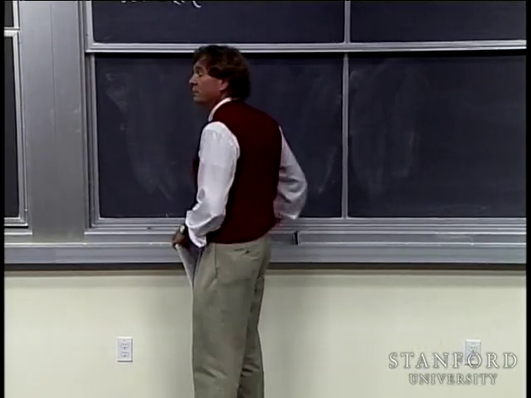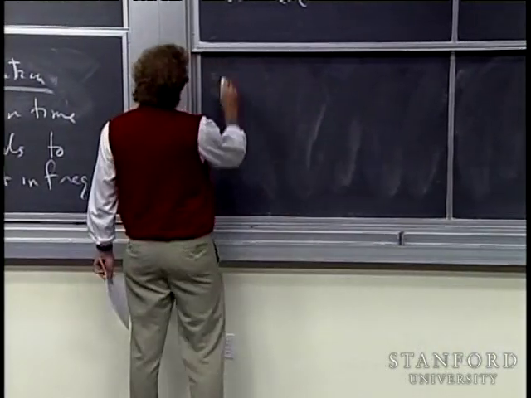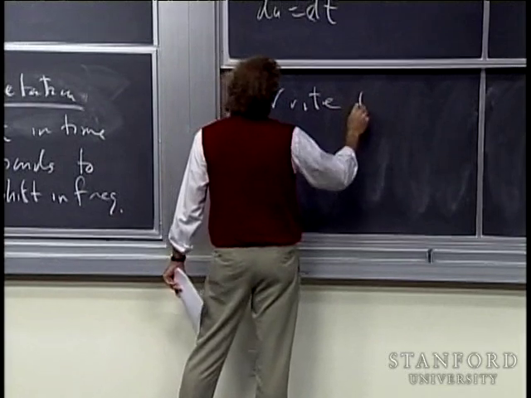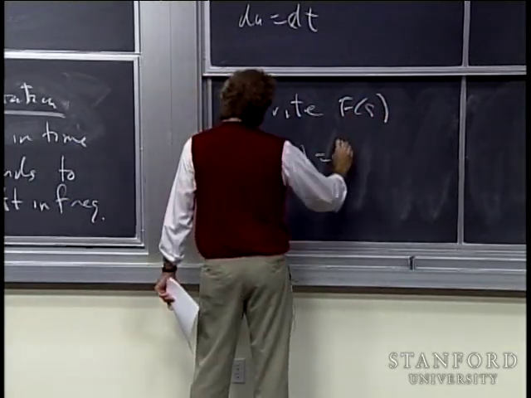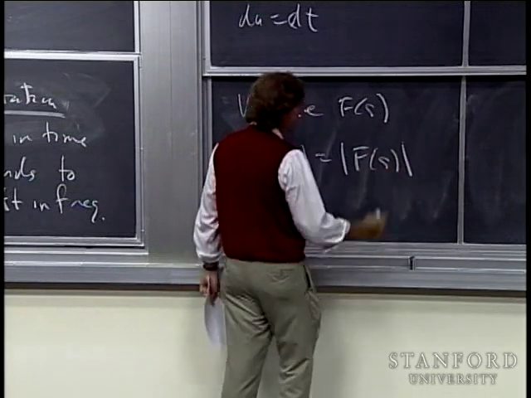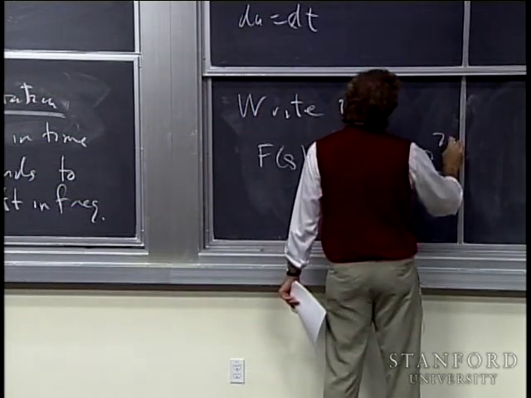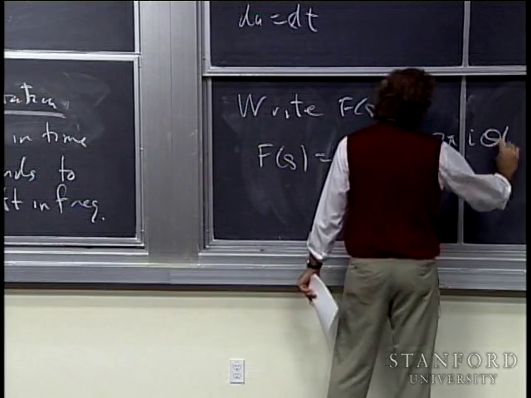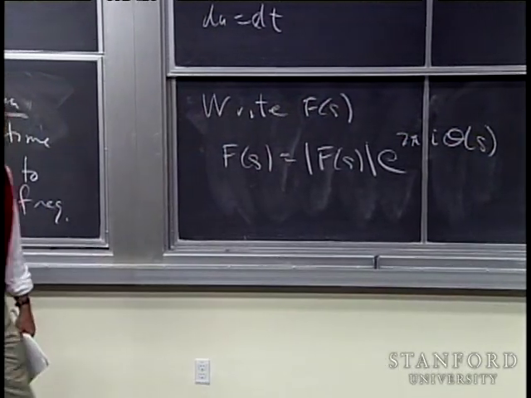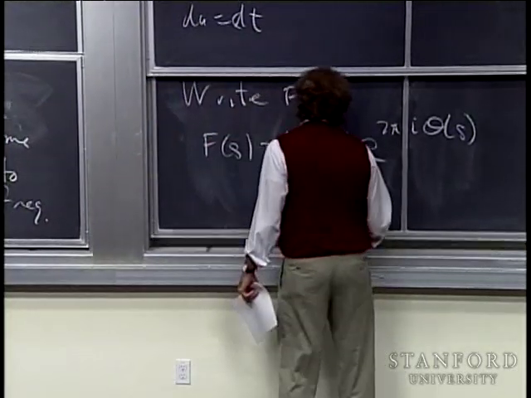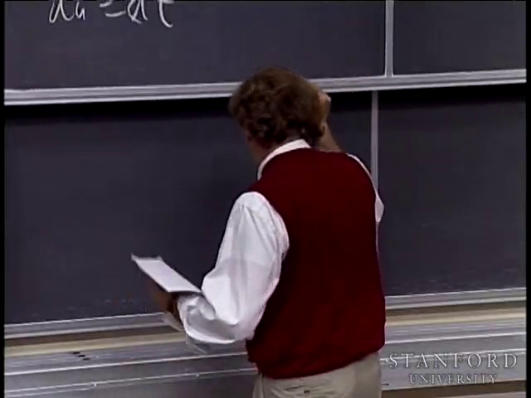So it has a magnitude and it has a phase. So I write F of s, the Fourier transform of the original signal, as its magnitude, the magnitude of F of s, that's a real number, times e to the 2 pi i theta of s. So theta is the phase. And then if I multiply